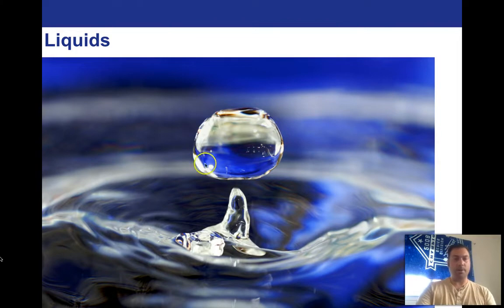This is obviously a water droplet coming in, and there's some interesting features here. Notice that the droplet comes out, it's not spraying all over, it's staying in a cohesive ball as it splashes up into the air. We'll get into why that occurs towards the end of this lecture.